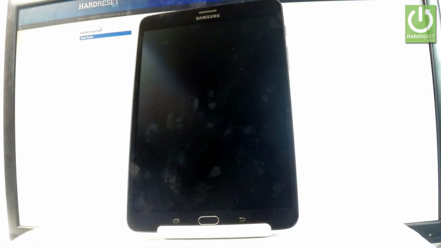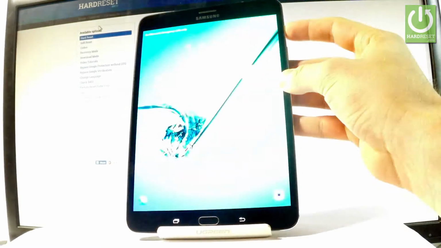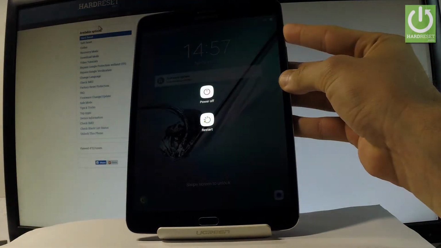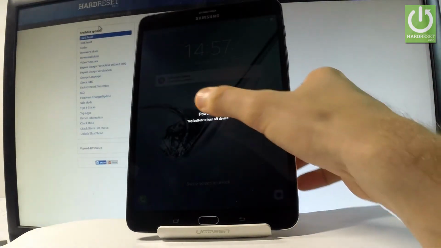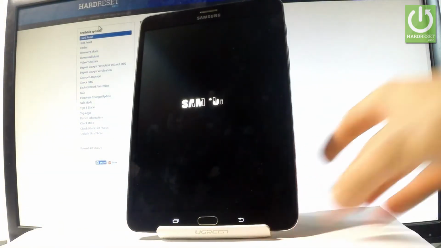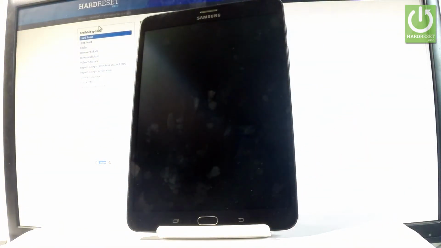Here I have Samsung Galaxy Tab S2 and let me show you how to enter the recovery mode on the following device. So at the very beginning, let me start by holding the power key. Let's keep holding the power button, choose power off and tap power off again just to confirm the whole operation. Wait until your device is completely switched off, and afterwards you will have to use the following combination of